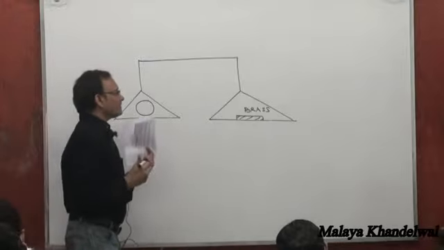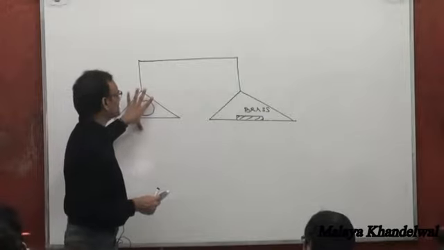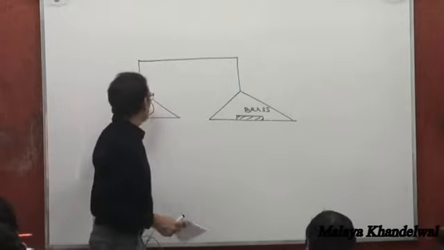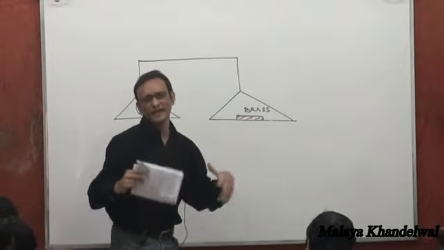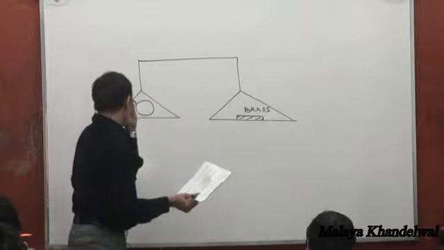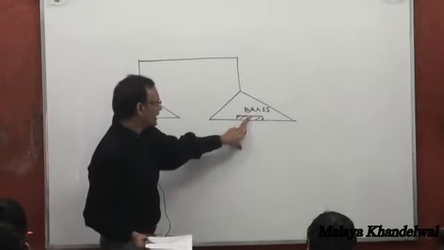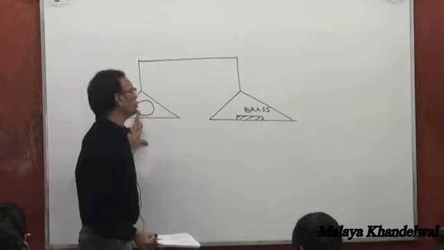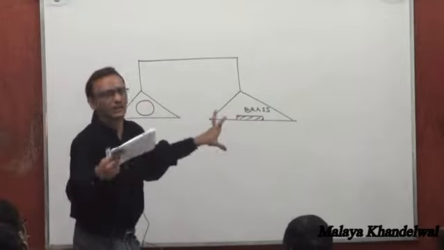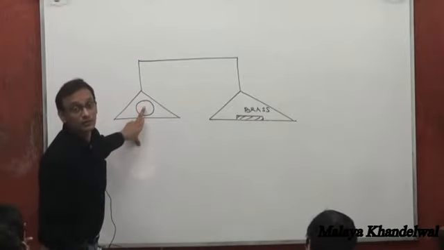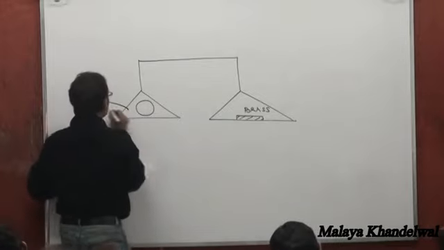Now one thing: if the glass bulb and the brass weight have the same weight, the glass bulb must have had a greater volume because brass is heavier. Brass is heavier, right? So the volume of air displaced here must have been much less than the volume of air displaced by this. So the upthrust on the brass weight must have been negligible compared to the upthrust on the glass bulb, right? So now when you evacuate this and you also evacuate that,